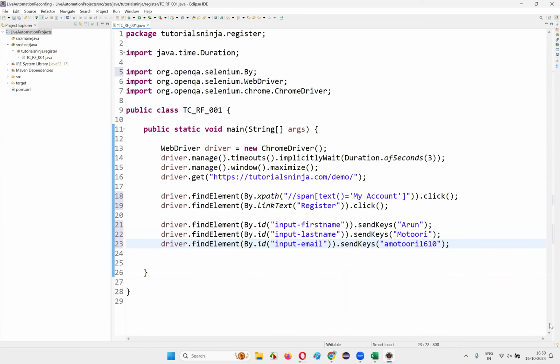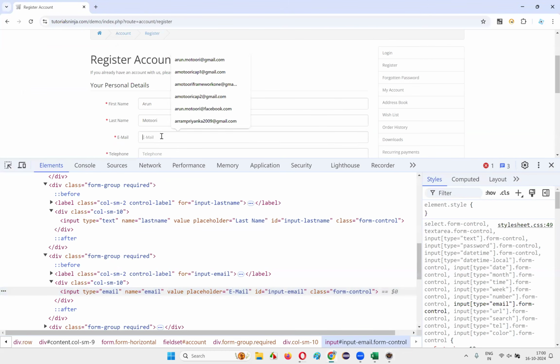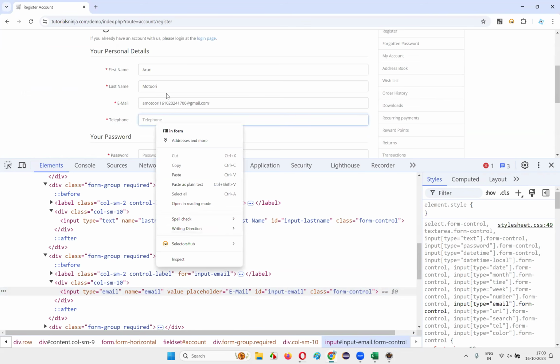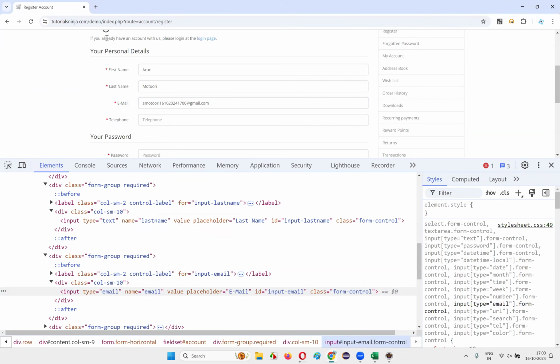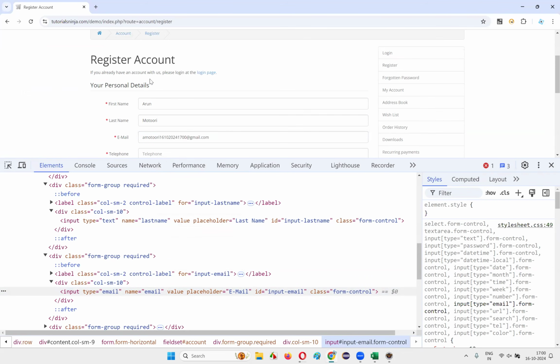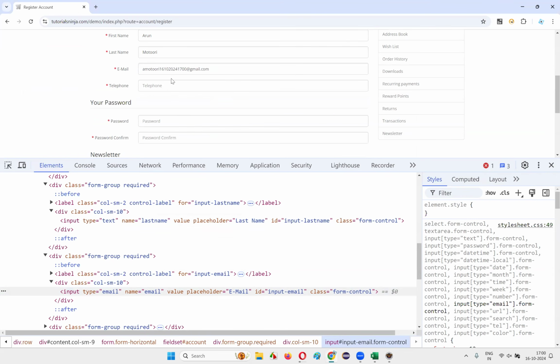1610 2024 1700 like this at the rate gmail.com. Some random email address I'm giving, guys. That's okay. Now the next thing here is I'll just copy this email address here, and here telephone, any email address you can give, guys, which is not registered with this account. For which an account is not created, a brand new email address you have to give here, and here